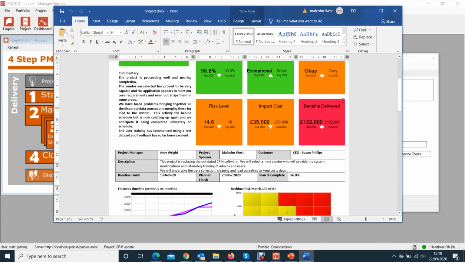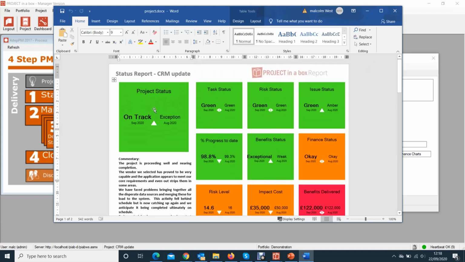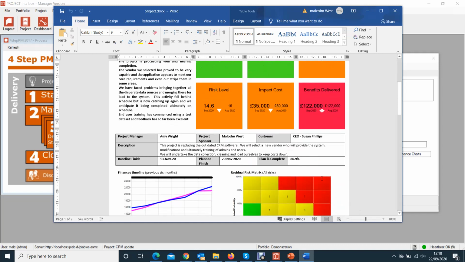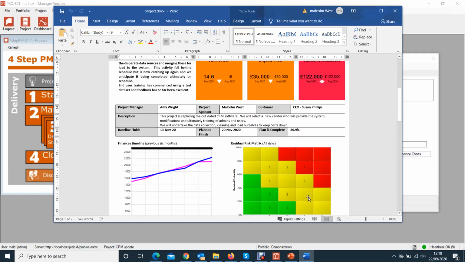You can alter them yourself. So you can change the logos in them, you can change the indicators that are used here and the colour schemes, and what you consider to be the colour background that you get at different risk levels or for different statuses or for different benefit levels, etc. And of course you can change in and out the analysis blocks if you want to. If you wanted to have an issue chart here or a risk profile showing here instead of finances, you can